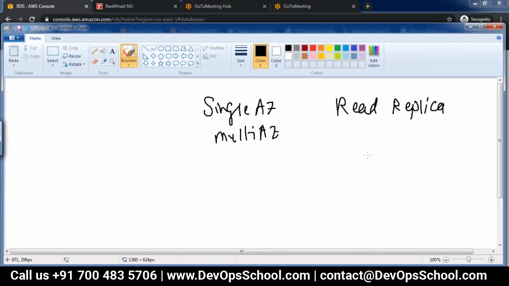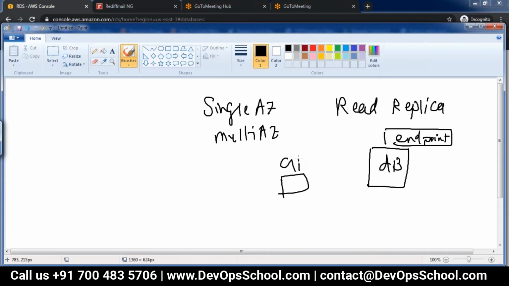Now suppose I have my main DB instance and I have got an endpoint, and my clients are communicating on this endpoint. Now there are two types of queries which are hitting my database.